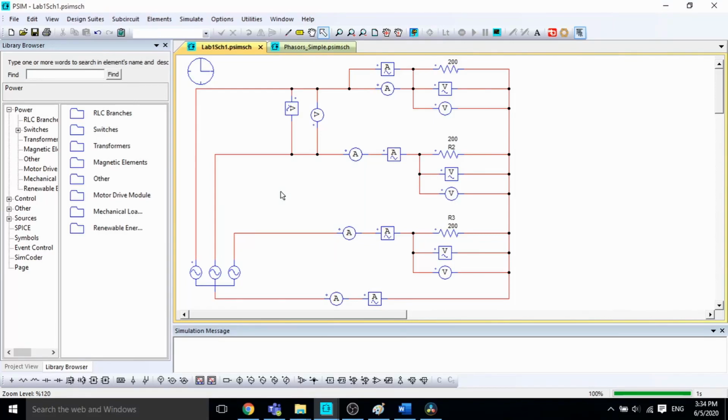In this video, I'm going to show you how to use SimView for signal analysis with PSIM. We will start with this circuit. This is the circuit I drew in the previous video. And now, when we choose to simulate this one,